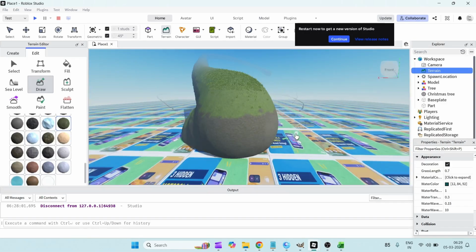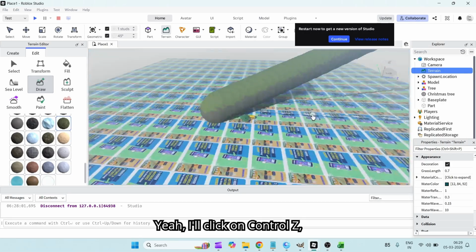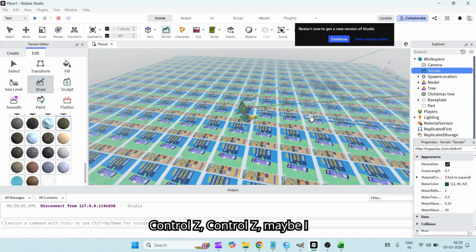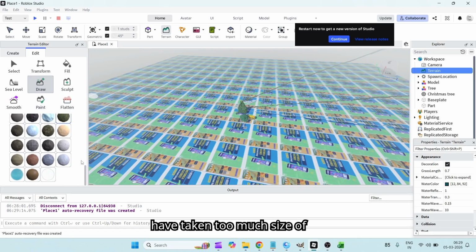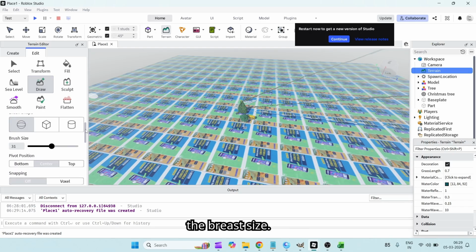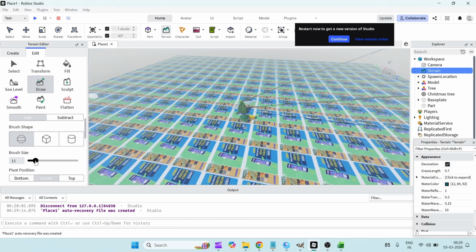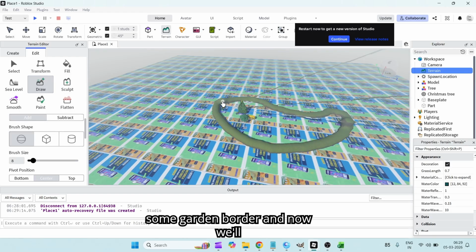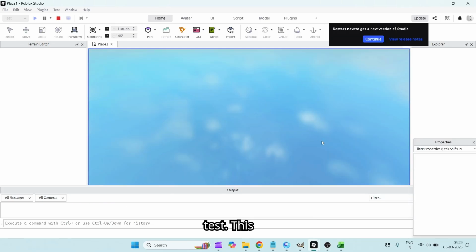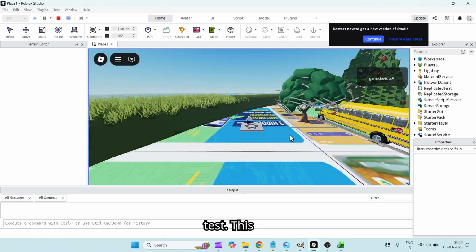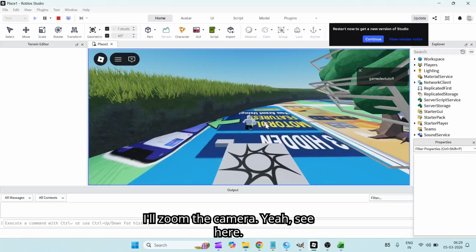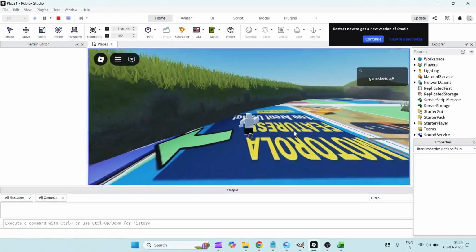Sorry, yeah, I'll click Control Z, Control Z, Control Z. Maybe I have taken too much brush size. Okay, this is fine, this is fine, 8. Okay, now I can draw some garden border, and now we'll test. This is the basic building. Okay, I'll zoom the camera. Yeah, see here,